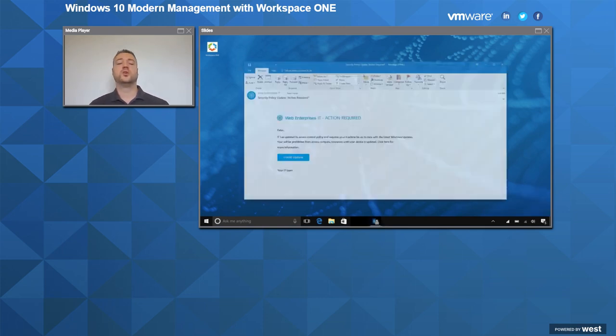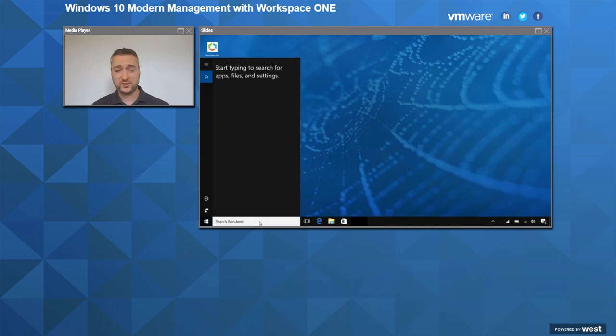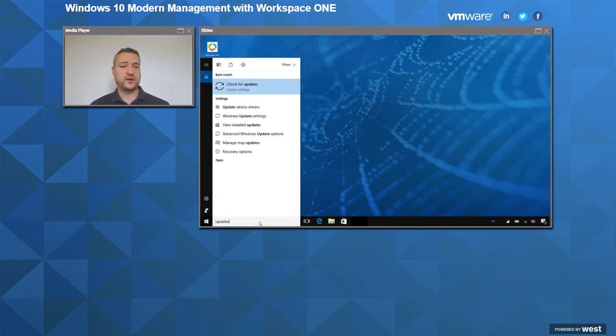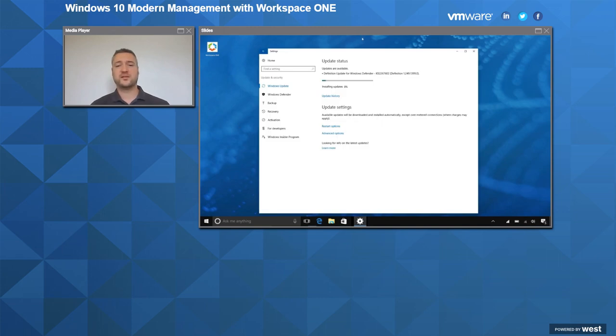Updates is another critical capability of the platform. So potentially using intelligence, you can detect whether or not the device has got the latest updates, and based on that, it'll send an email out to the end user and say, look, you need to have this Windows 10 update. It will then automate the install of that update. So you can be sure that all of your Windows 10 devices are completely compliant. And you can also choose and decide which updates go to which group of users and which devices. So you're in complete control of the Windows update process.